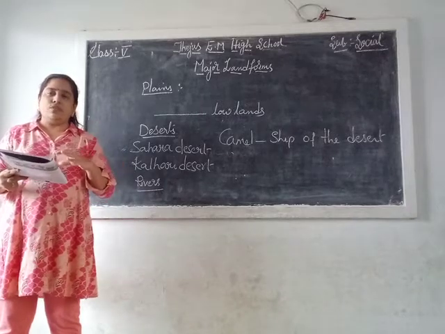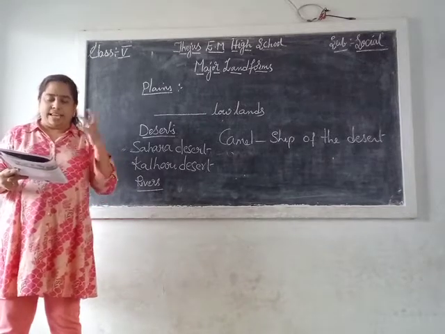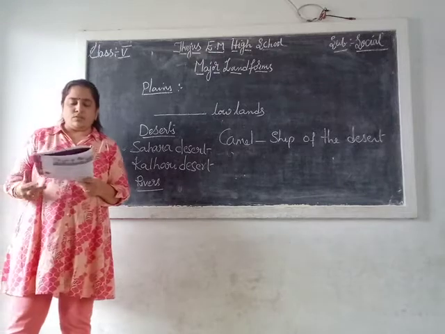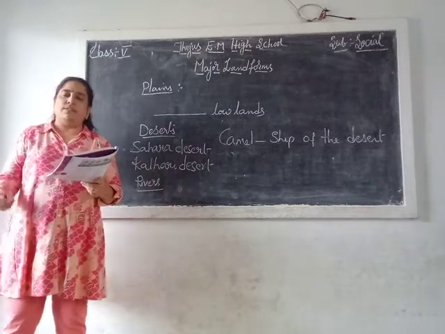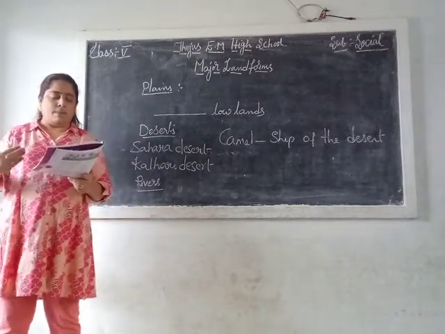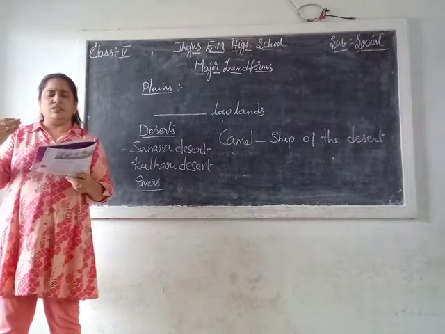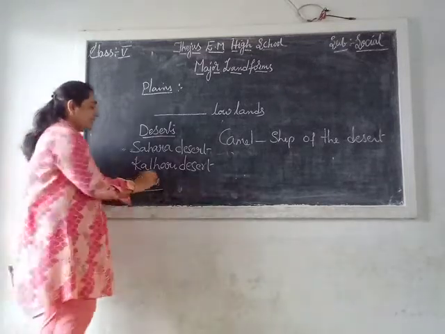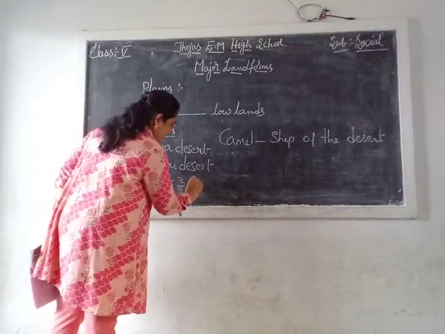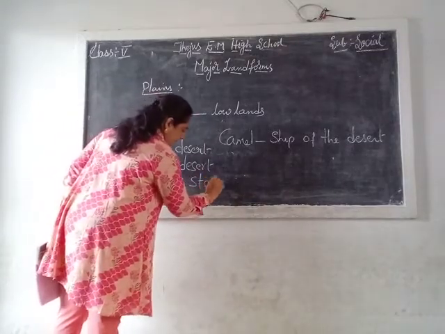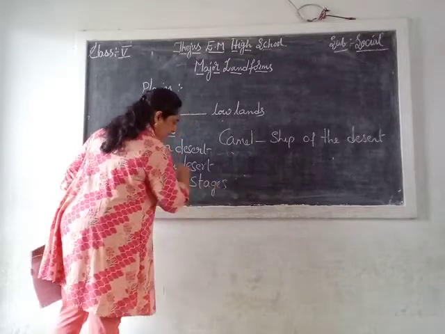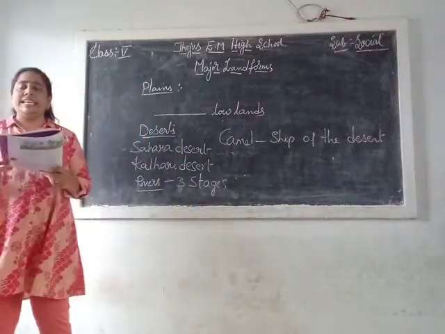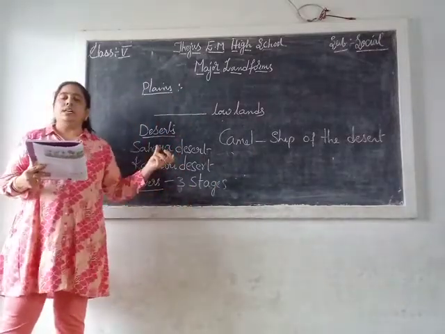And these rivers flow and form a plain from the place of origin to its mouth. A river passes through three stages. The river will be passing through three stages: the upper or the young course,